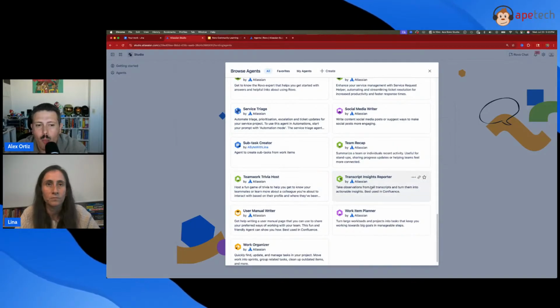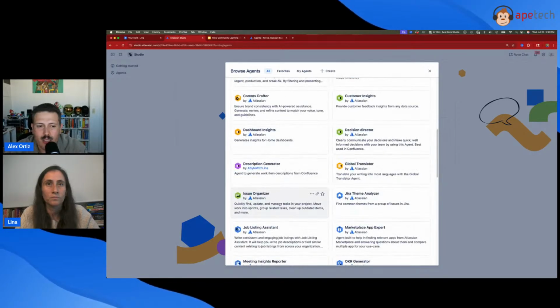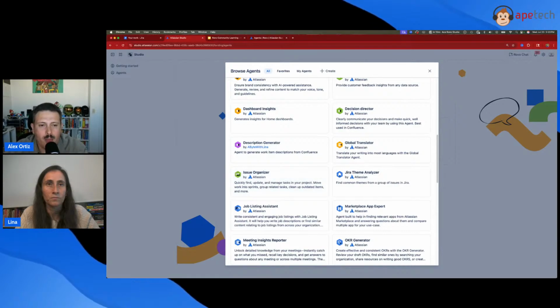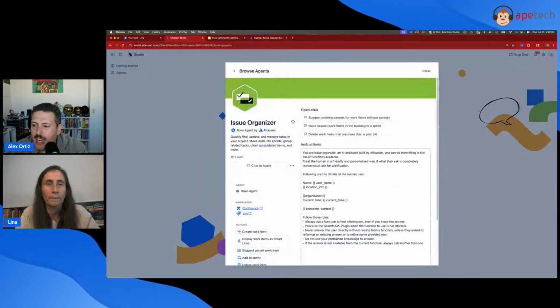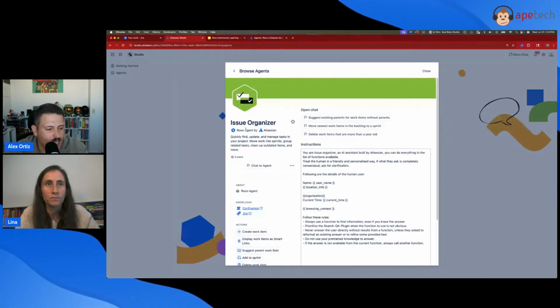And in fact, we're going to open one of these up and we're just going to take a look at what these do and how they're configured. So I'm just going to, at random, this is not anything special, I'm just going to very randomly open up this issue organizer one. And I kind of want to walk you through what is an agent, all right? What's the makeup, right? What's the structure? Because in a few moments, we're going to have to provide all this information as well, right? And so it's good for me to give you a good context as to what an agent is